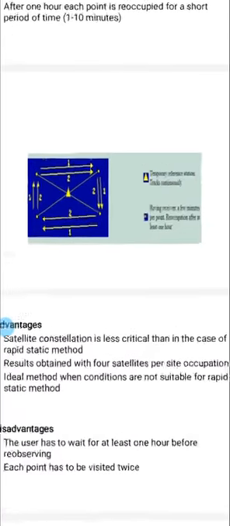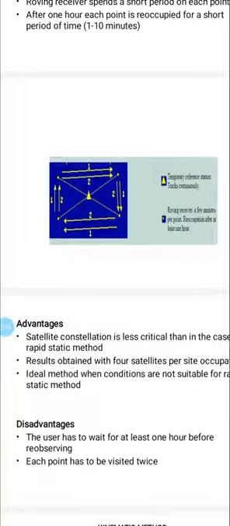So this is the figure showing reoccupation. So here the triangle is known as the reference receiver, which is kept static during the entire observation, that is throughout the observation. And those small points, those yellow points, they are the roving receivers, a few minutes per point. So here that roving receiver will remain over those points only for a few minutes. Okay, then after 1 hour they will reoccupy it.